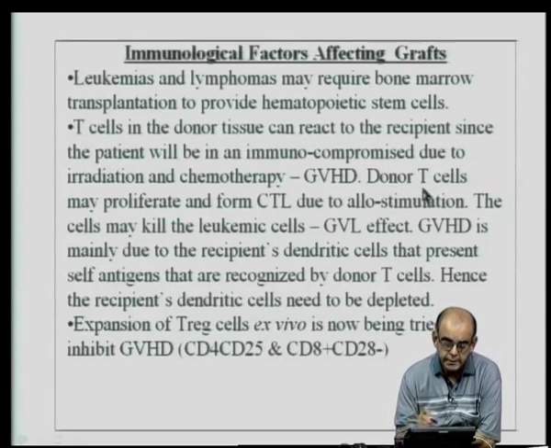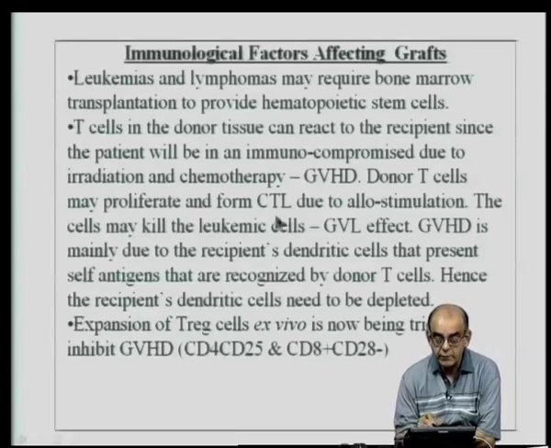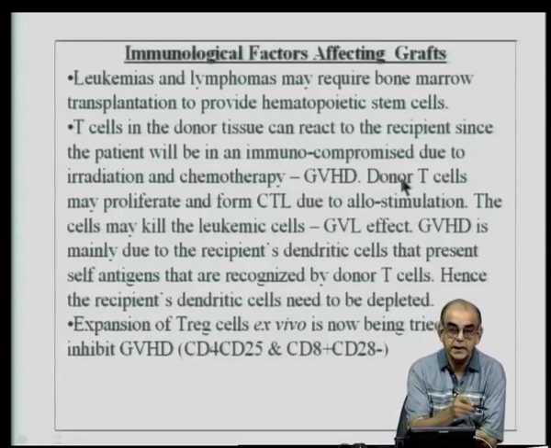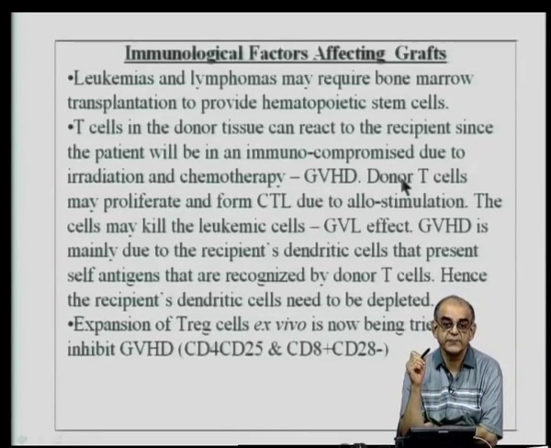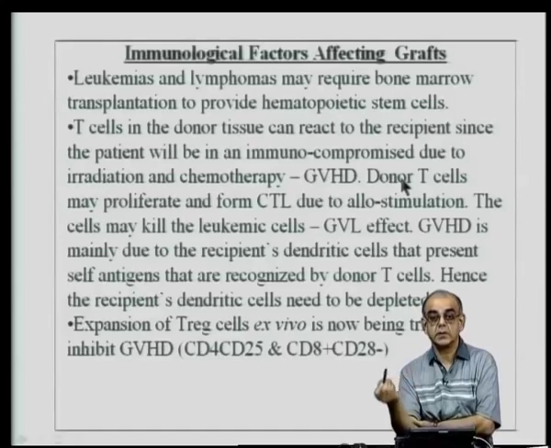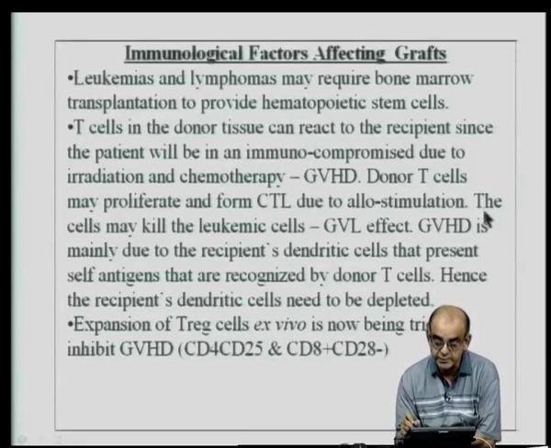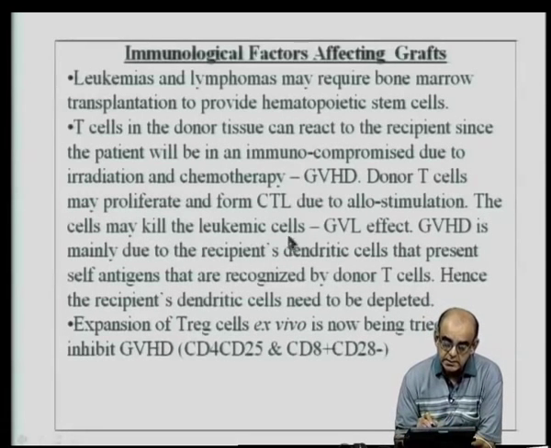So, here donor T cells proliferate and they form cytotoxic T killer cells due to allostimulation, because these donor T cells recognize the host T cells as foreign, but the host T cells cannot react to the donor T cells, because they are immunocompromised due to irradiation or immunosuppression. The cells may kill these leukemic cells. This is called the GVL